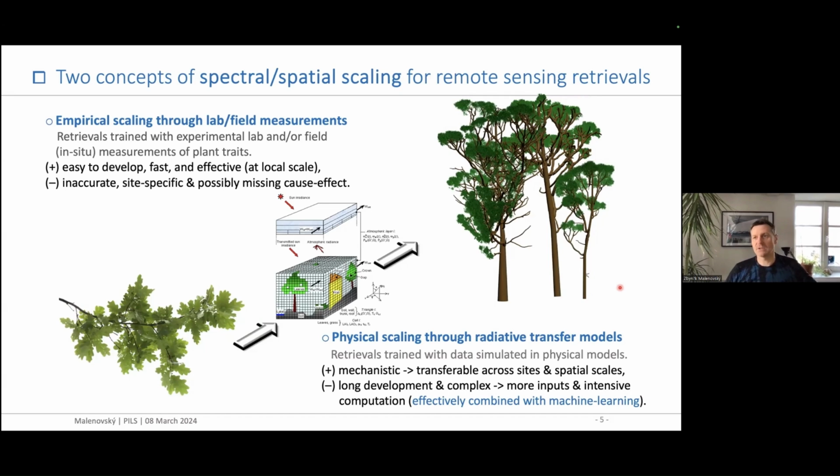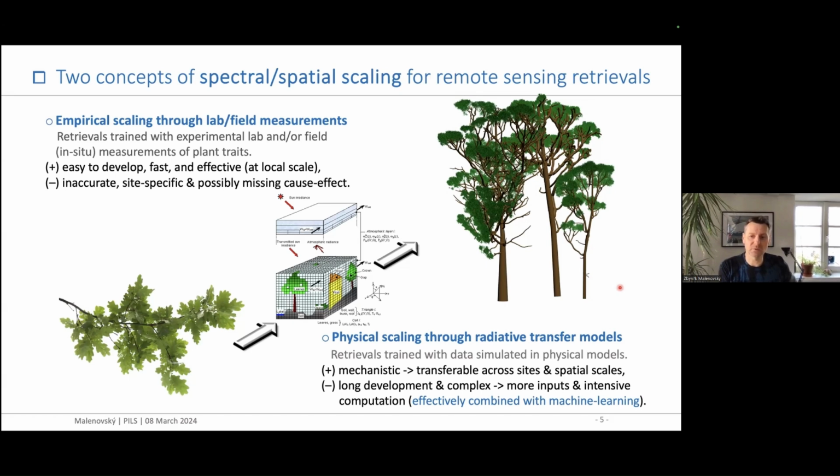They include usually interaction in atmosphere as well as on the lens surface. They are of mechanistic physical nature, and that's why they are transferable across sites and spatial scales to a certain extent. The cons of these approaches, they need long development time. They are rather complex. We need to understand the physics behind those interactions, and therefore they require more